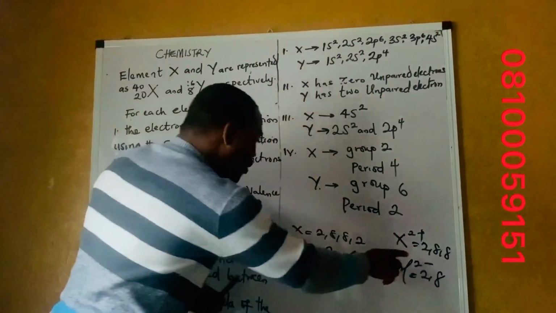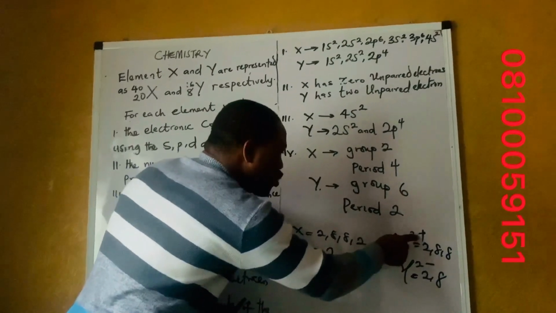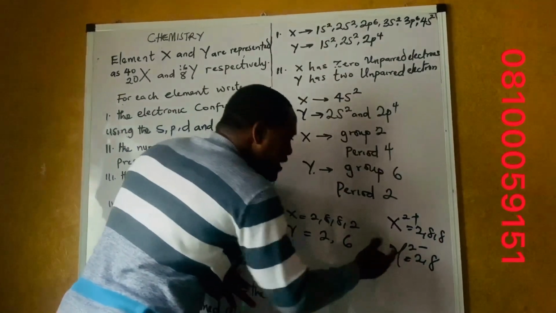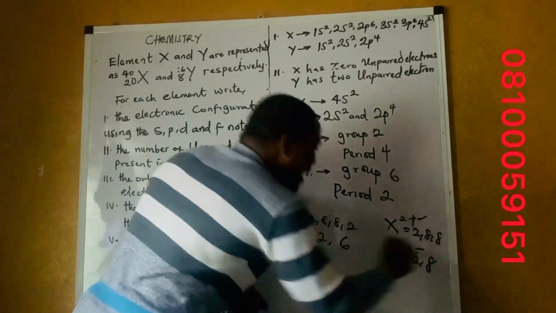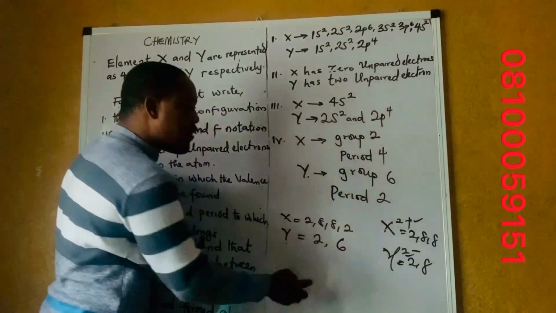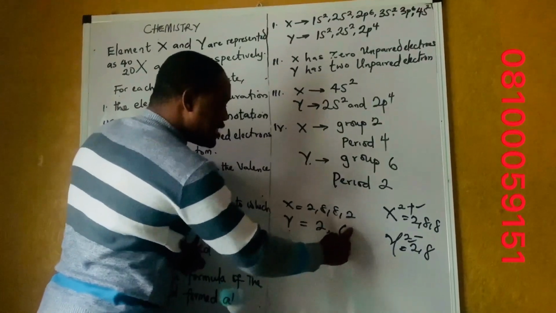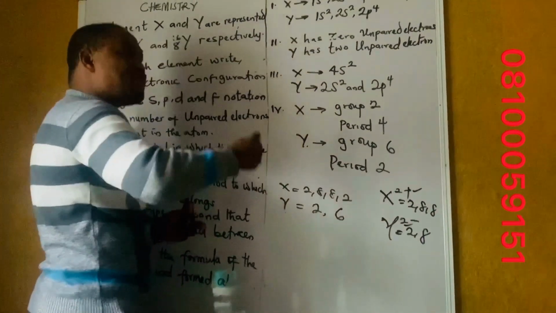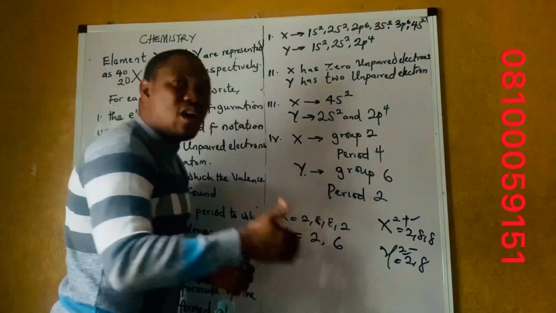Okay, so we want to look for the bond that is formed. Now look at that. X is now 2+ because it has given. Y is now 2- because it has collected. Look at this. Any kind of bond that involves transfer of electron, because 2 will be transferred to this so that this will be stable. The 2 that will be transferred to this add up to this 6. These will be stable. Can you see that? So any bonding that involves transfer of electron, we refer to it as an ionic or